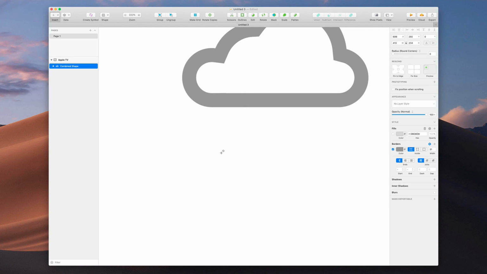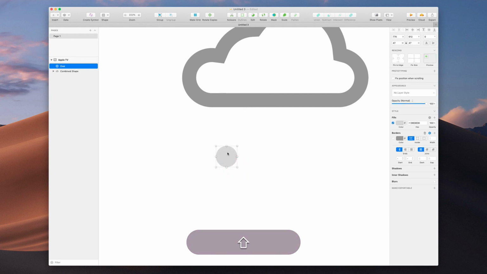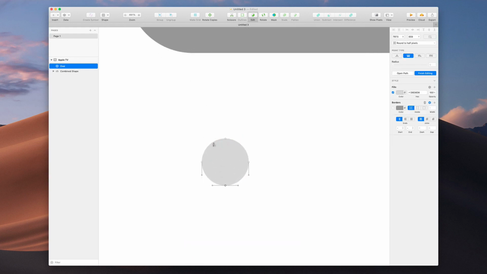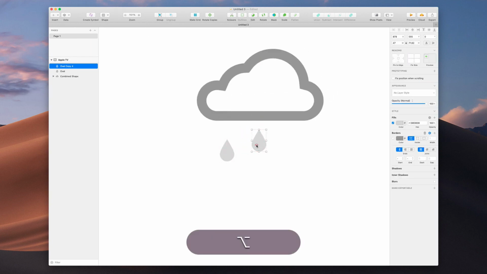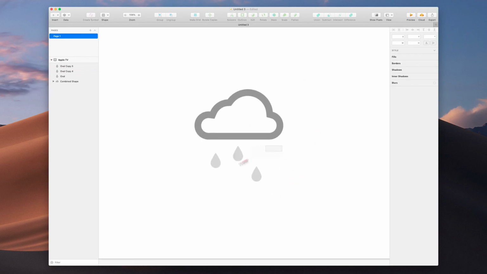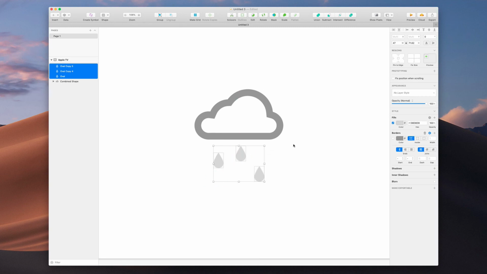If we want to go ahead and make some raindrops, that's easy too. So I'll hit O on the keyboard and draw out a little circle here. Then I'll double click to edit. I'll take the top and pull it up. It's already in mirror mode, so I'll drag it in. Just like that. And we have a raindrop, and then I'll hold down Option and drag it out. Beautiful. So now I have some rain and a cloud,